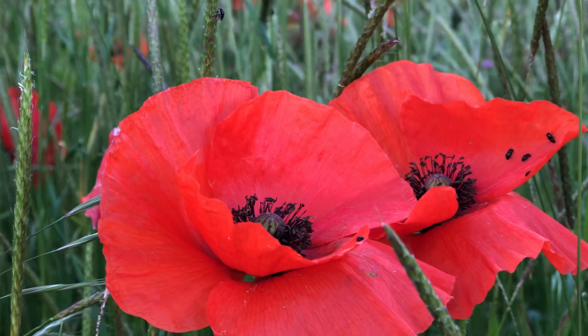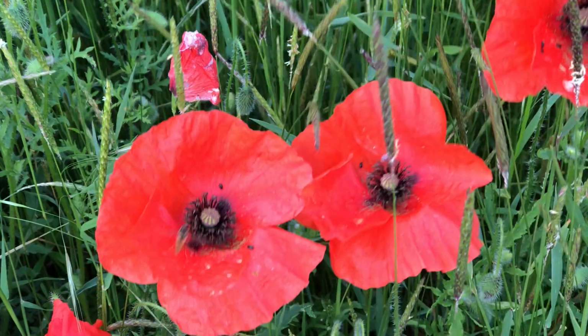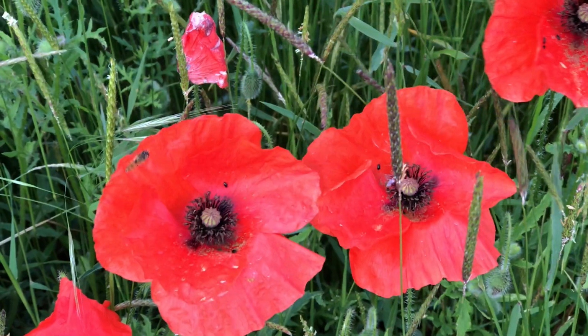I've got a couple here that I've picked, with one just off to the side, and I'm taking lots of images of those. Again, I'm taking longer shutter speeds, some slightly less long shutter speeds. I'm moving my camera, I'm moving the poppies in the frame, so they're in different areas of the frame when I take a shot. I'm zooming in a little bit, I'm zooming out a little bit. I'm just getting as many shots of these poppies as I can, because what I'll do is